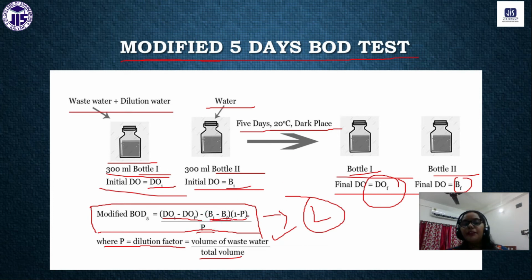BI minus BF, that is the BOD. Again, this is the BOD of water only for bottle 2, because BI is the initial value of dissolved oxygen and BF is the final value of dissolved oxygen. So if we subtract BF from BI, what will we get? We will get the BOD of the water. As such, total BOD minus the BOD of bottle 2, that is the BOD of the water, will give you the actual value of the BOD of the wastewater sample.